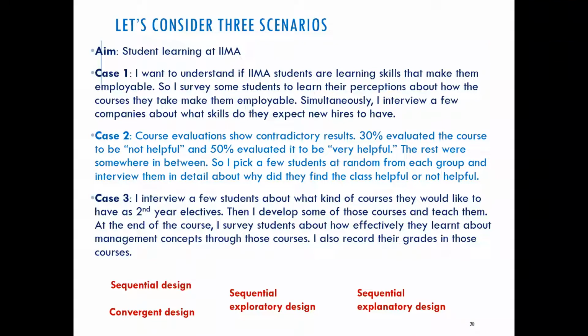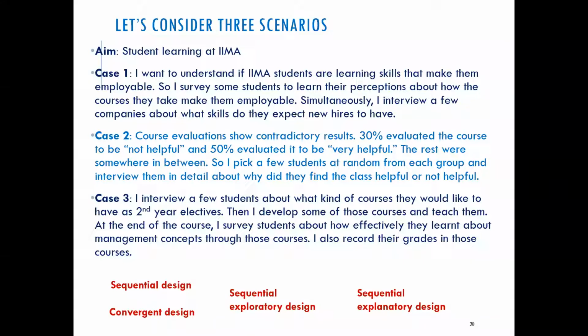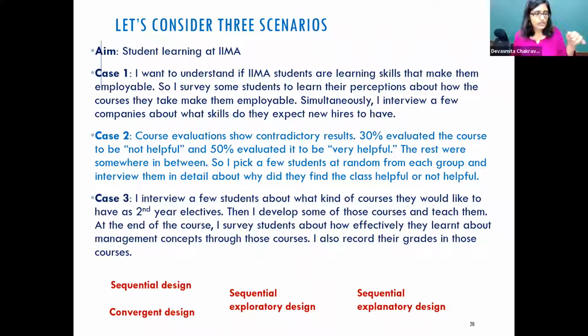Yeah, case 2 is purely exploration. Why? It answers why. But in case 3, it's an explanatory design, because it explains what design could lead to the better learning experience. So could you explain why you think case 2 is exploratory? What am I exploring here? In case 2, it is a sequential measure from the case 1, because we are trying to answer why they behave. No, 1 is convergent. We are not even thinking of that. But 2, why do you think exploration is going on?